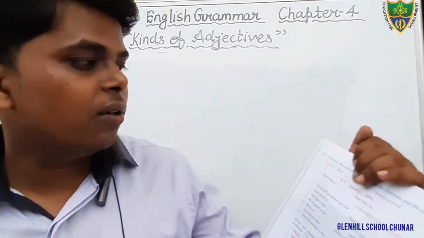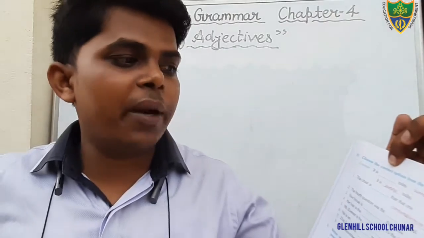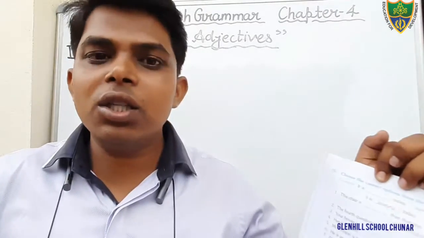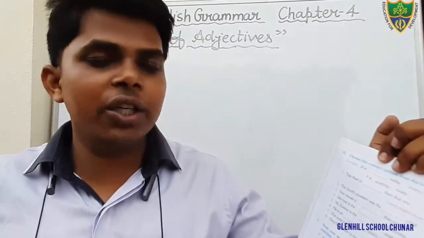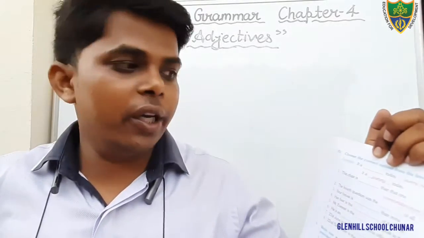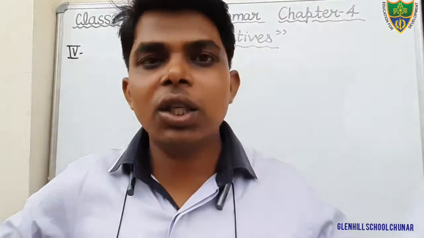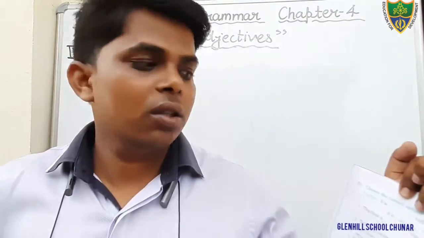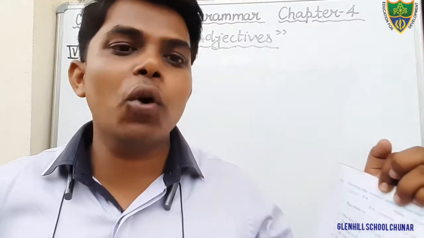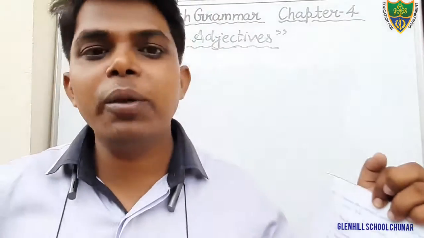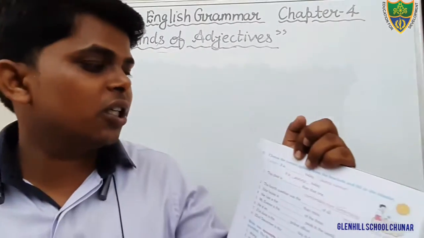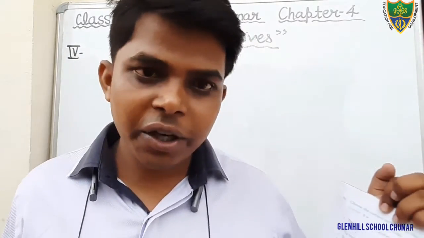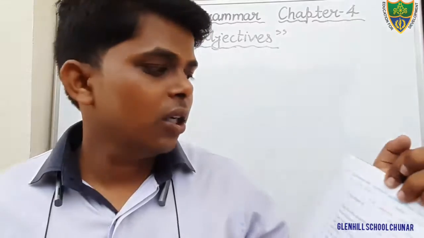Okay, just see here, first question: choose the correct option from the brackets and fill in the blanks. First question is already solved, and the solution is given here. It is ... today. Here 2 options are given, sunny and sunnier. Dear students, there is no comparison. It is ... today. There is no comparison, therefore we will use the positive degree. And what would be the positive degree? Sunny. Therefore it is written here, it is sunny today.